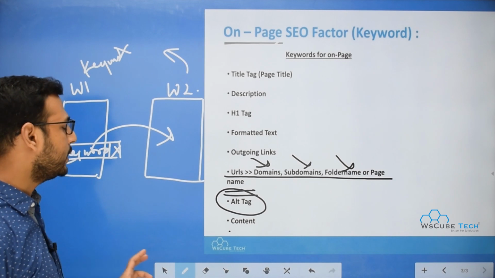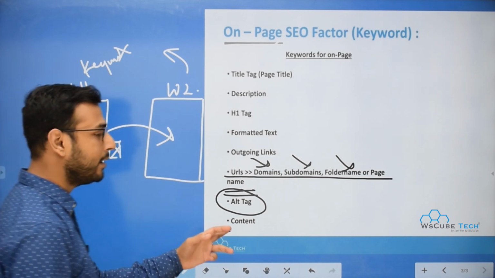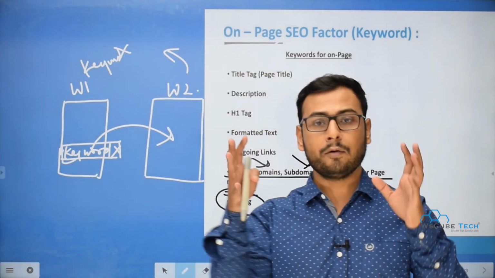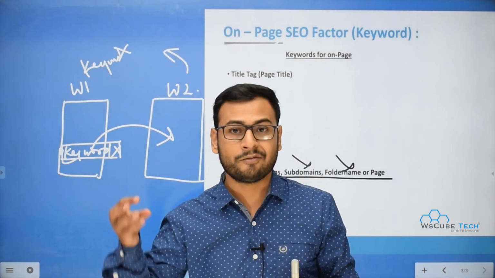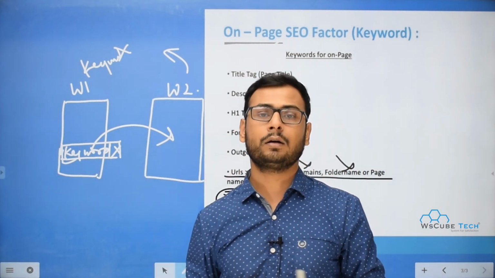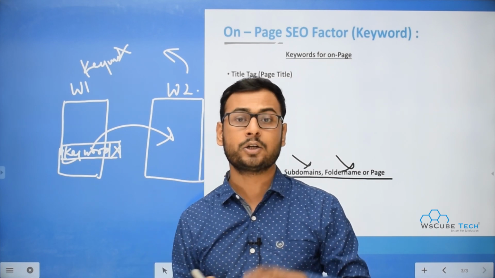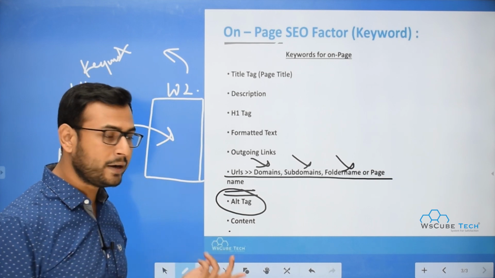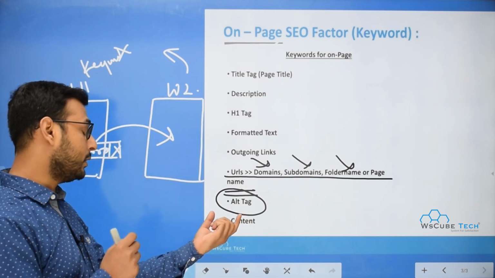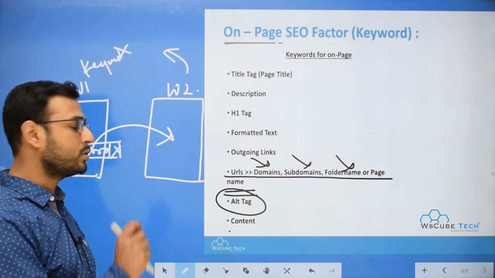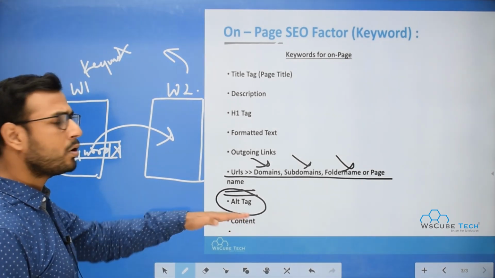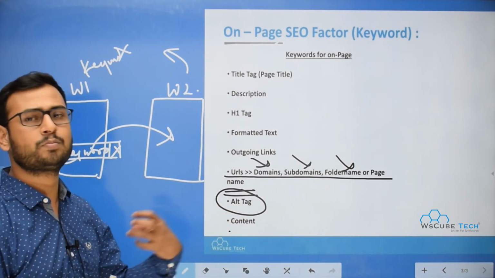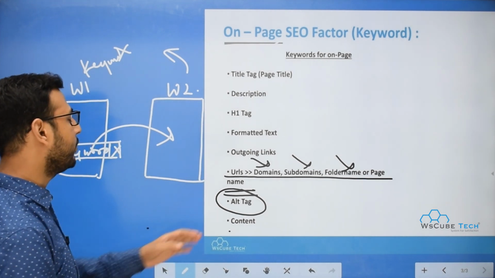Then there is content, so you have to monitor this very carefully, that it should not increase the keyword density. Whenever you are filling your content with keywords, you have to make sure that it should not exceed the density recommended by Google. You have to put those keywords very strategically. The keywords should not overload. It should not look like spamming. So you have to do this very carefully.